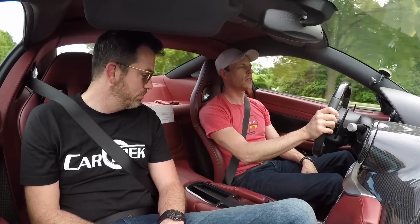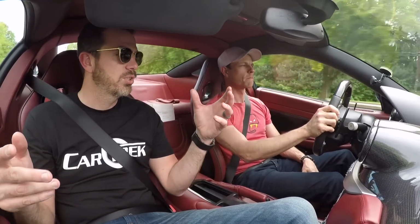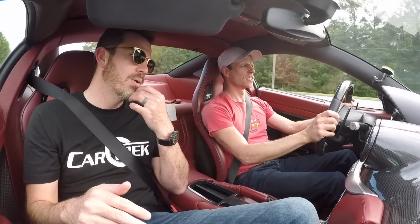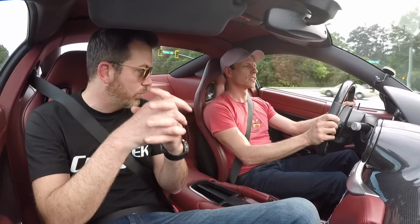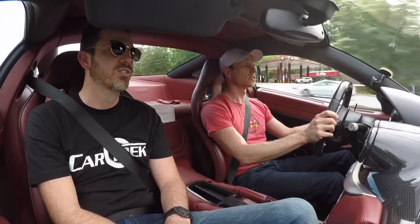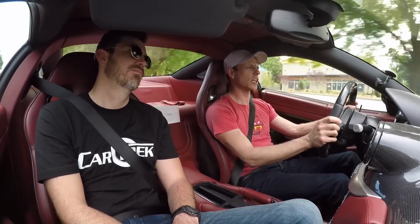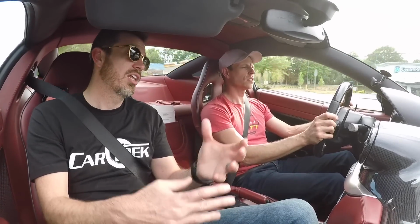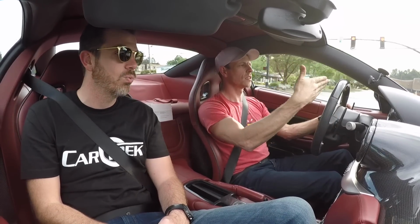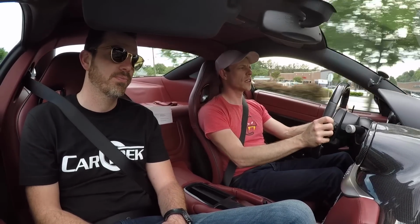Oh, the transmission. You were saying it's better than the Enzo in some way. Yeah. So the Enzo used the Challenge Stradale transmission and programming, and so that was that generation of single clutch sequential manual. This is what they call the F1 Superfast, and it is considerably better. Wow. I did not realize the Enzo had the Challenge Stradale. Yeah, so that was the latest and greatest in 2003-04, the 360 version of F1. I guess I assumed the Enzo had something